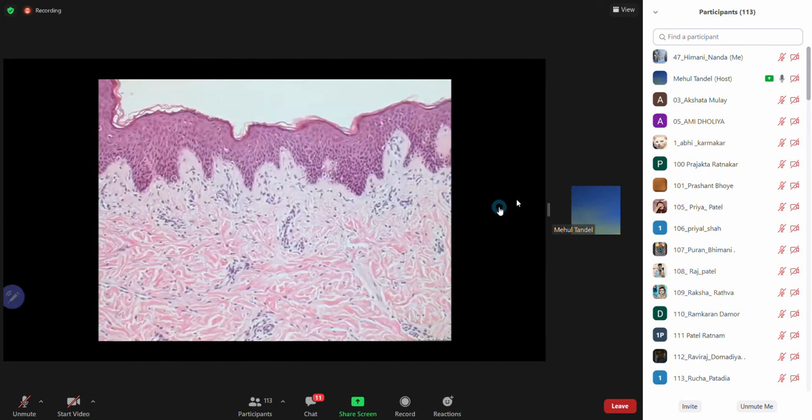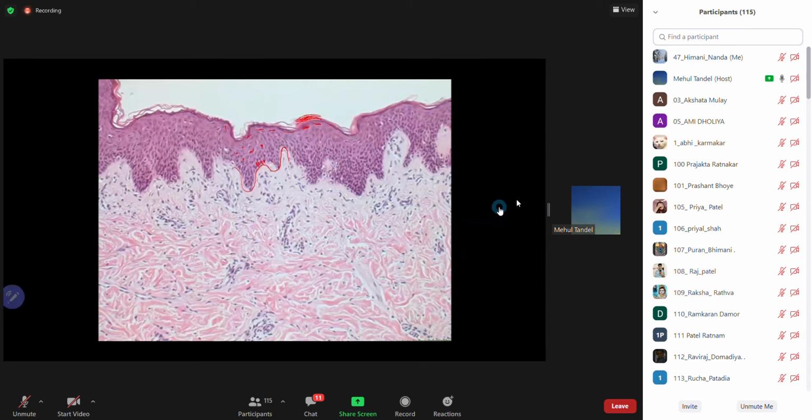So let's see one by one. Okay, now you can see this is a multi-layer epithelium. Basal layer, intermediate layer, and superficial layer. See the superficial cells में flat nuclei हो गए ऐसे, small flat nuclei. Basal layer में होगा low columnar or cuboidal with elongated nuclei. Intermediate layer में polyhedral cells with round nuclei. Superficial में squamous cells with flat nuclei. And here you can see the layer of keratin.